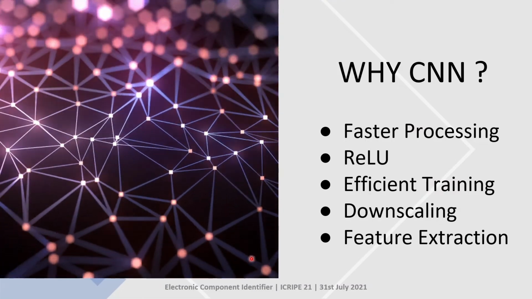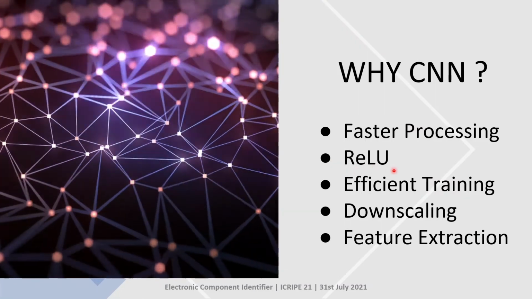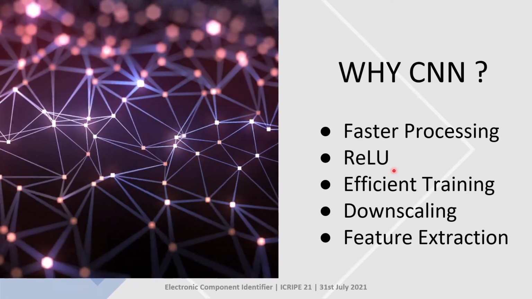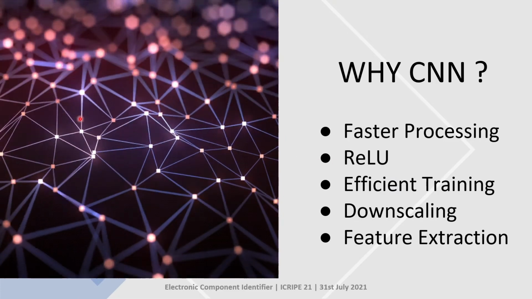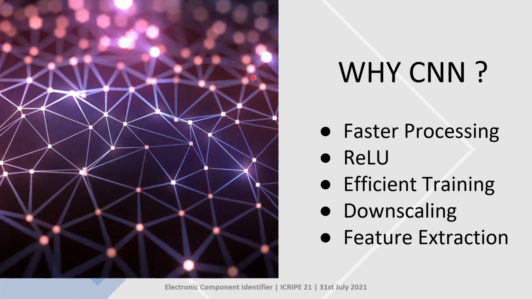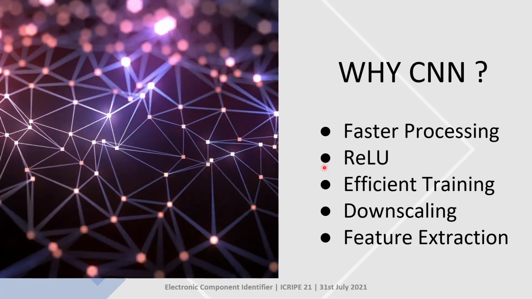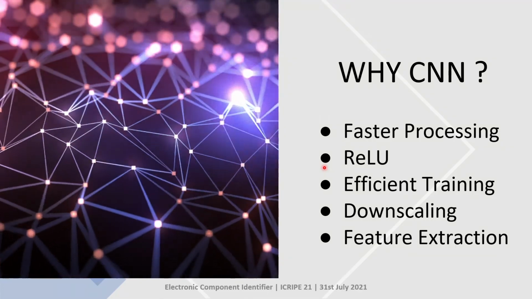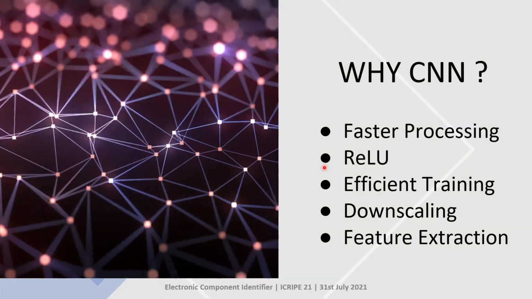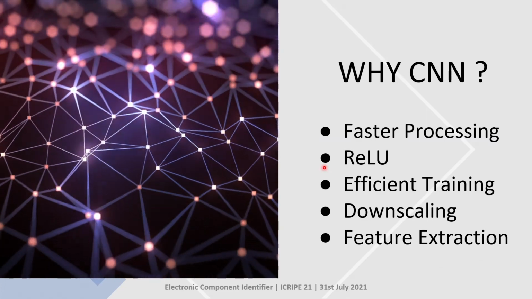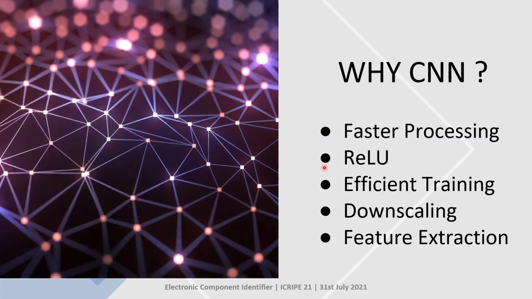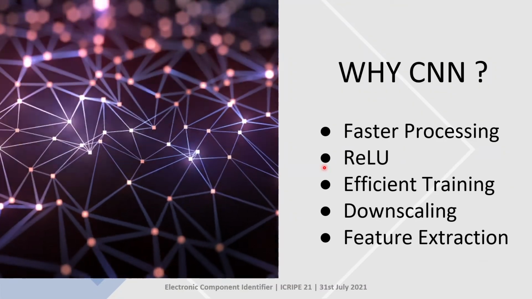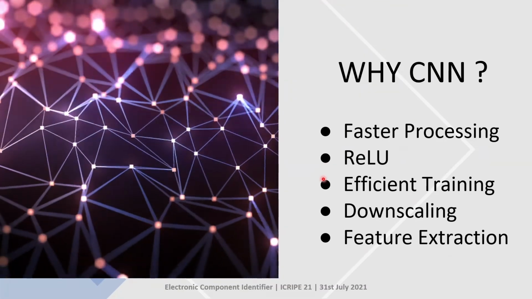Next, we use ReLU. What's ReLU? ReLU is the rectified linear unit function, which in our case is our activation function. You might have noticed in this animation there are some neurons which are blinking and bright. These are the neurons with higher probability values or higher accuracy values. So the rectified linear unit function, ReLU, identifies those neurons and puts focus on them, and then transfers those values towards the output, through which we can get efficient training and efficient testing. CNN also does downscaling of images.